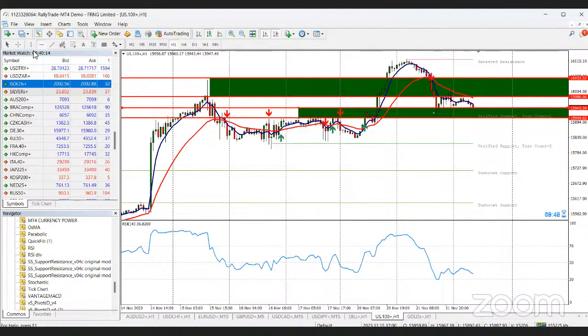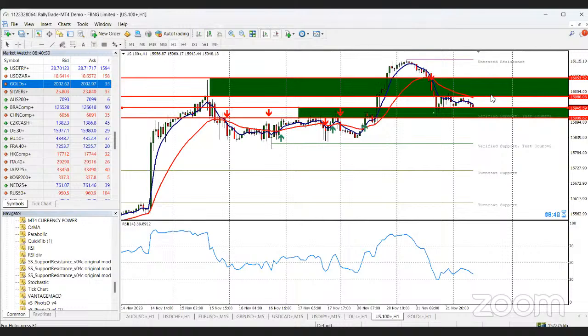All the way up into the region of 15986.06. We can take it all the way to 16053.52. So that will be your reward region, your reward zone. Once price is able to get into this region, you can start taking your profit.